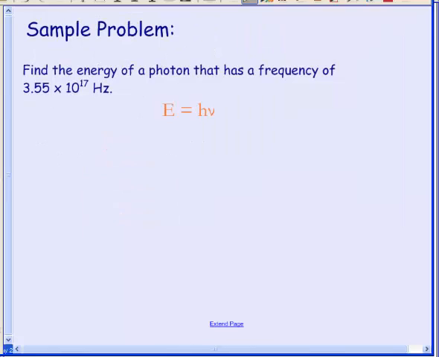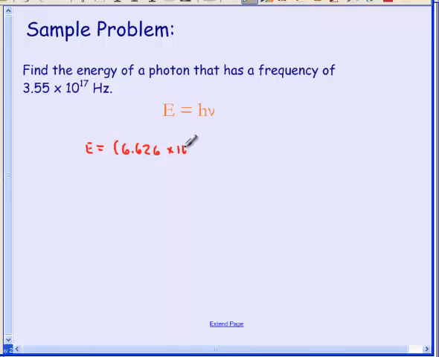So let's do one of these problems. A typical problem might be like this: you find the energy of a photon that has a frequency of 3.55 times 10 to the 17th hertz. We have our equation written down, and if you need to pause the video so you can do this problem, that's a great idea, but this problem should be in your notes. Energy is h times v. So energy is going to be Planck's constant,